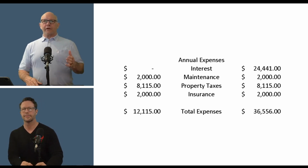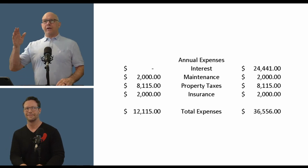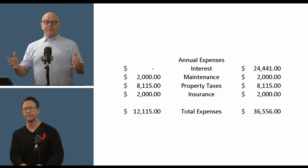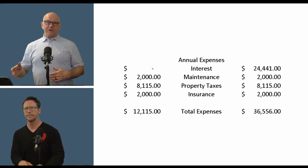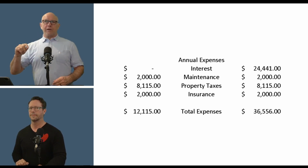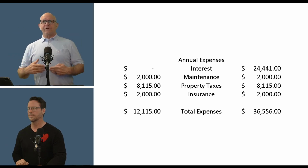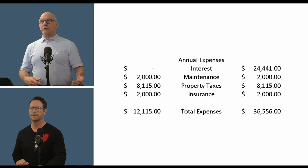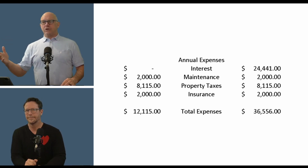The next slide. So these are annual expenses that you're going to get to deduct. Again, on the left, we're looking at if you bought the property with cash, and on the right is if you have done a mortgage with it. The one difference that you see there is the difference in the interest that is paid when you have the mortgage. I ran an amortization schedule on the loan that I described a minute ago, and the first year's interest that you would pay is $24,441. All other expenses are equal. So in this instance, if you're a cash owner, you're a little over $12,000 out of pocket with your expenses, and if you were a mortgage person, you're about